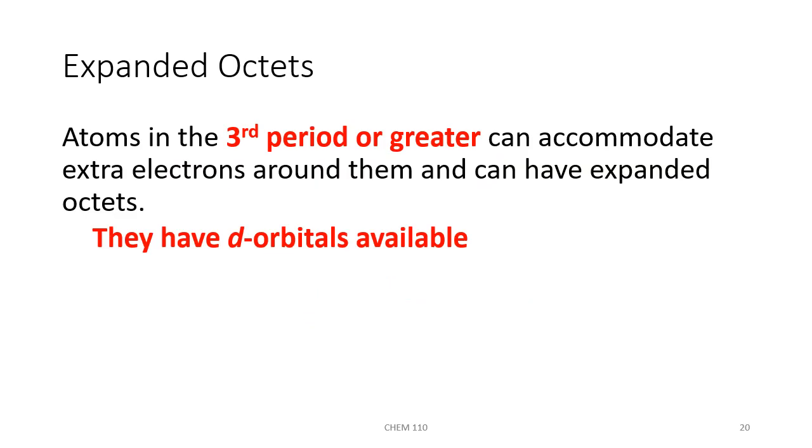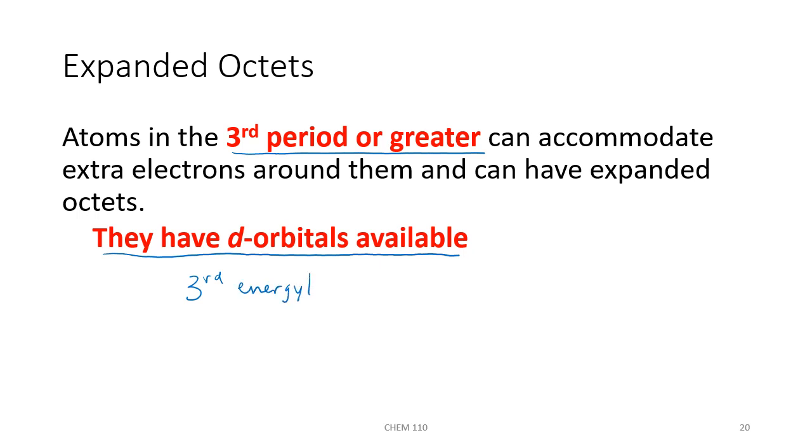Atoms that are in the 3rd period or lower on the periodic table, so meaning the 3rd period, the 4th period, the 5th period, can accommodate extra electrons around them and can have expanded octets. This is because once we're in the 3rd period and lower, there are d orbitals available. In the 3rd energy level,